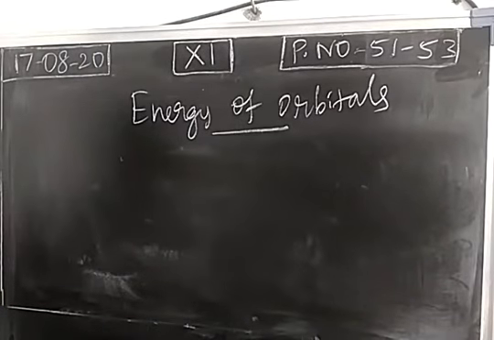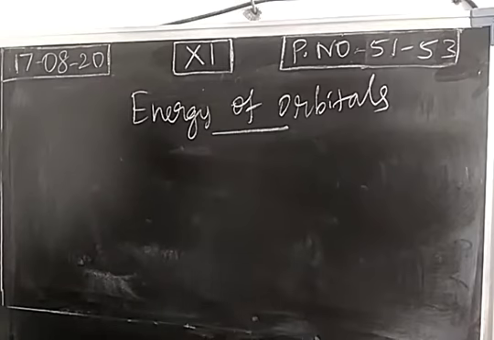Then for an atom, we say two words, ground state and excited state. If the orbital has lower energy, it's called ground state energy, and if it has more energy, we call it the excited state, right? So lower energy is represented as ground state, higher energy will be represented as excited state.